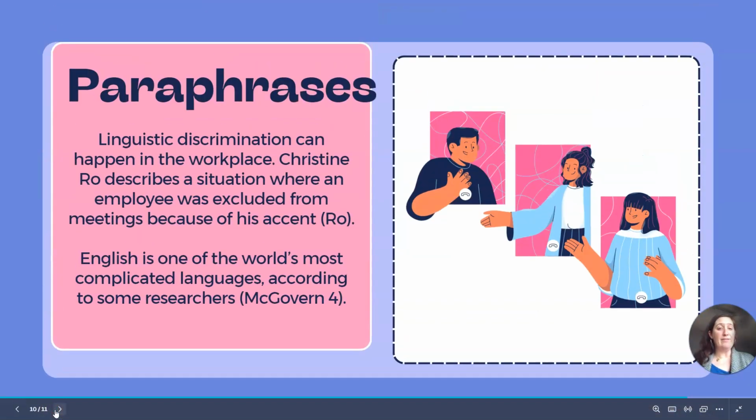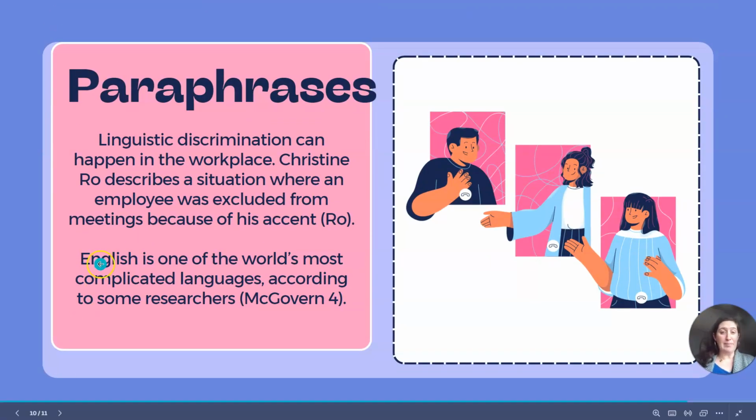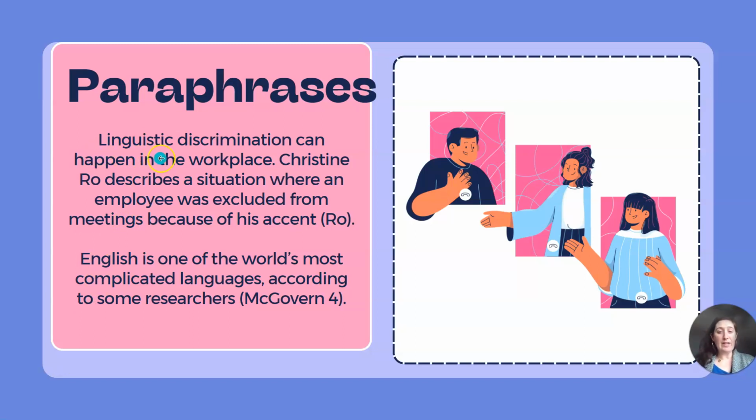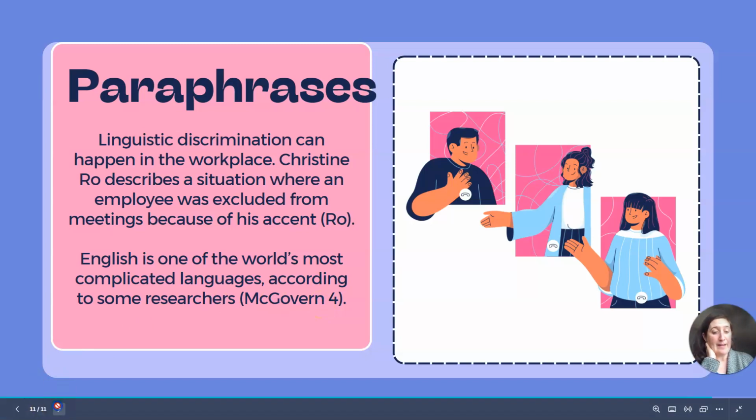Okay, we also have paraphrase examples. In the paraphrase examples, you can see that there are no quotation marks here. However, there is somebody being cited with the person's name, okay? And you can see the first and last name is used, and we also have a parenthetical citation here with a page number, okay?